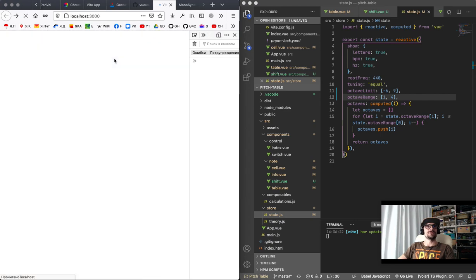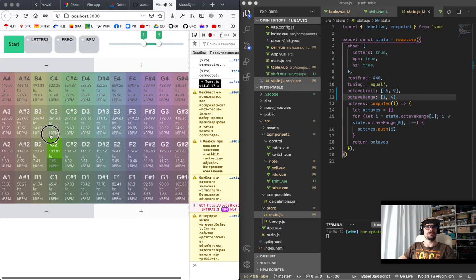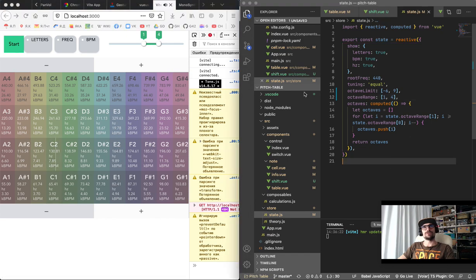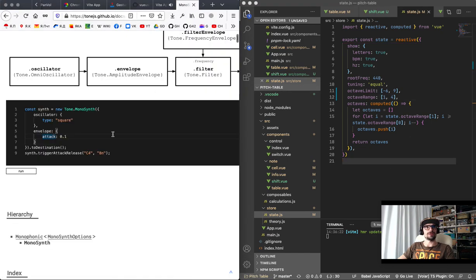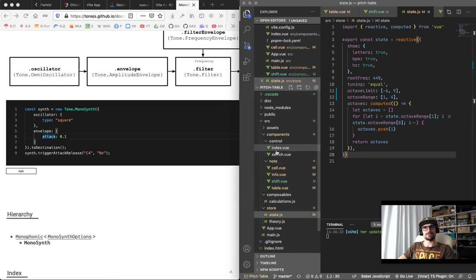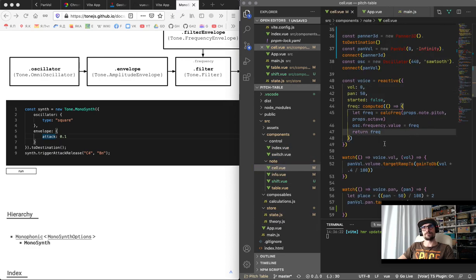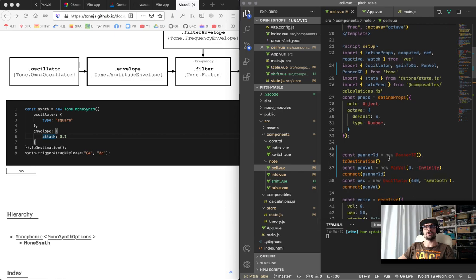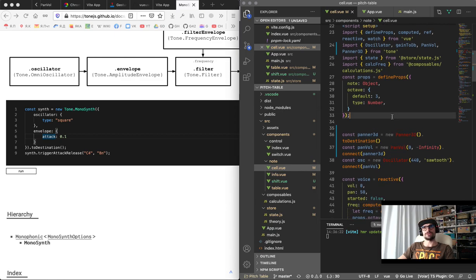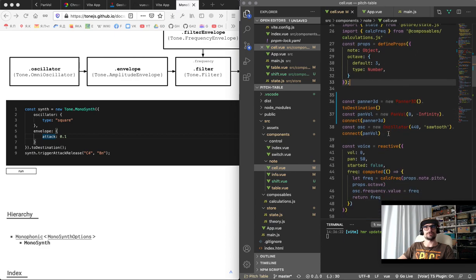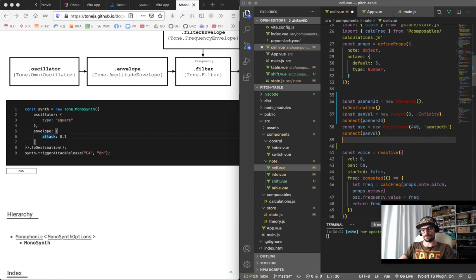All right, we have the basics. The main thing for today is about the monosynth, and I want to implement it and to hear it playing. And I don't think it should be very hard to mount it here, because all we need is to change the new oscillator. So to the synth, that will be a new MonoSynth